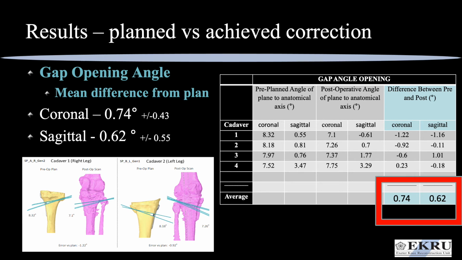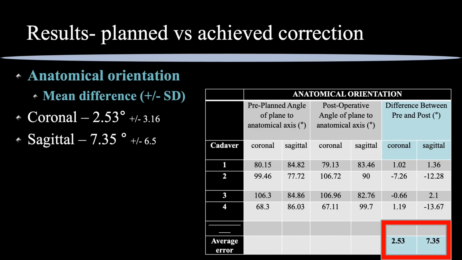So, with regard to the gap opening angle, the average difference between the preoperative plan and the postoperative achieved cut was 0.74 degrees in the coronal plane and 0.62 degrees in the sagittal plane. When considering the positioning of the osteotomy relative to the anatomical axis of the bone, there was an average difference between the preoperative plan and achieved cut of 2.53 degrees in the coronal plane and 7.35 degrees in the sagittal